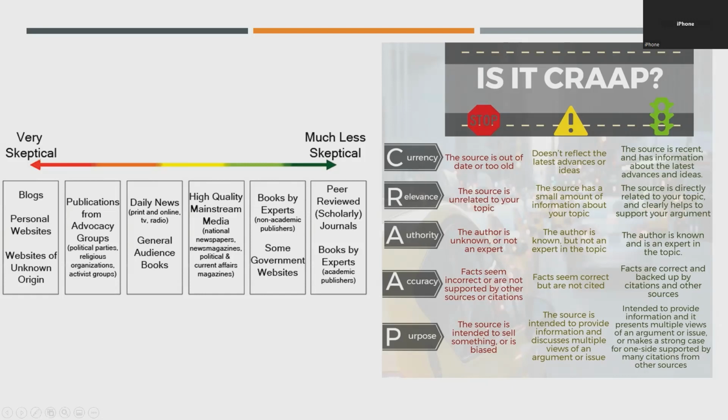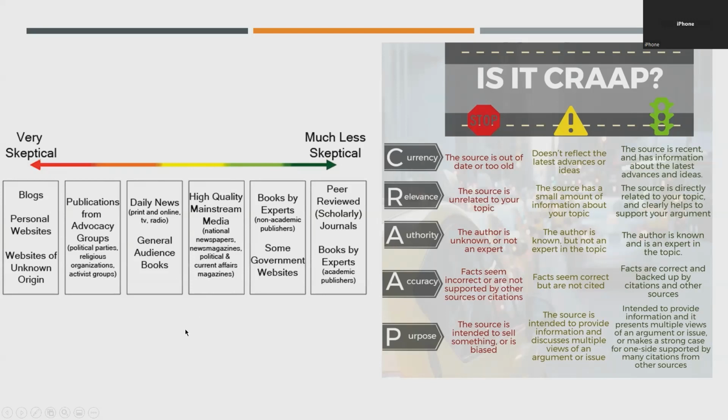Professor Jacob. Yeah. I'm not sure if I got you right. Did you say we can use newspapers to support our writings? Yes, you can. A newspaper, like the New York Times or the Wall Street Journal. I don't read many newspapers, so I'm struggling to list more. But generally, a lot of newspapers are kind of middle of the road trustworthy, so you can definitely use those as sources.